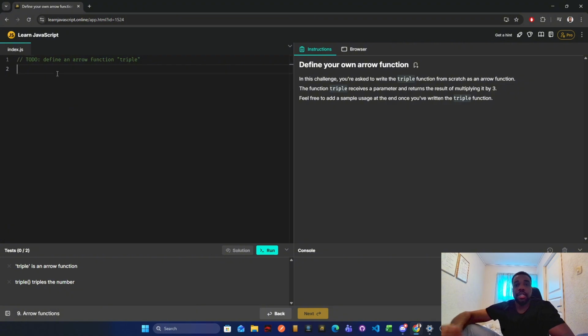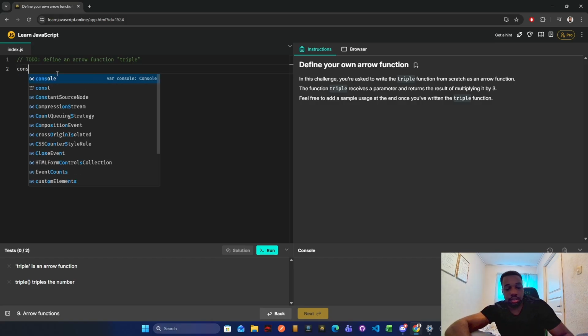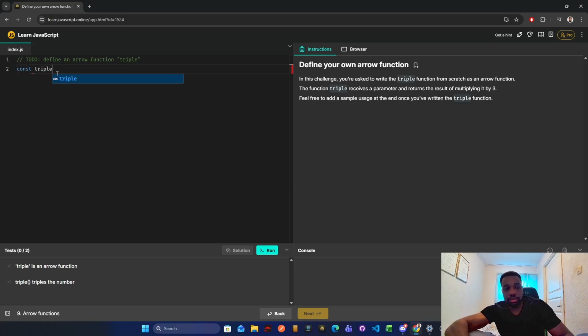Okay, so define your own arrow function. In this challenge, you are asked to write the triple function from scratch as an arrow function. The function triple receives a parameter and returns the result of multiplying it by 3. Okay, so we can say const triple